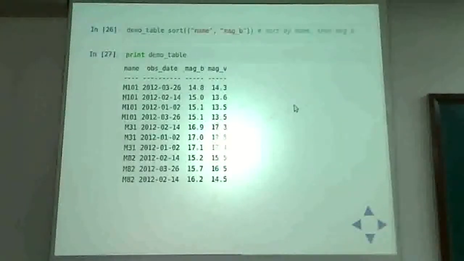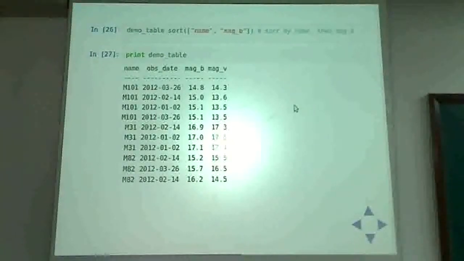Now if I want to sort the table, I just have to say demo table dot sort, and I have to give a list of keys or column names on which the sorting has to be done. So what this statement means is I want to sort the rows on the basis of names. But should the names be the same for a bunch of rows, internally I want those rows to be sorted by B magnitude.